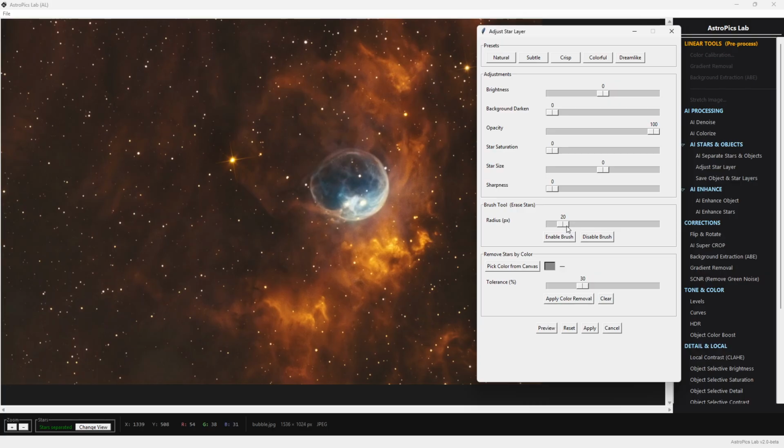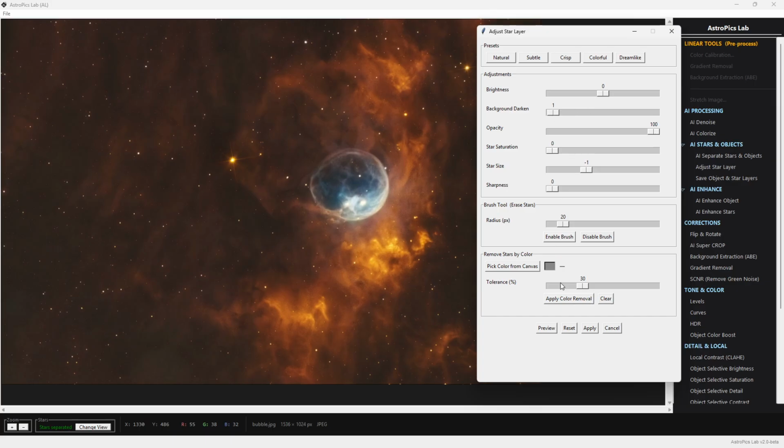Maybe here the best idea is to just play with that. You can undo, redo, and play with everything. You have a preview here, so you can check whatever you want. But in my experience, what works fine is this star size. If you move this star size to -1, for example, and do a preview, you have a version with a reduction in the size of the stars. In most cases, you reduce the stars enough to get a better image. So it's up to you. I recommend a star size, maybe with a little bit